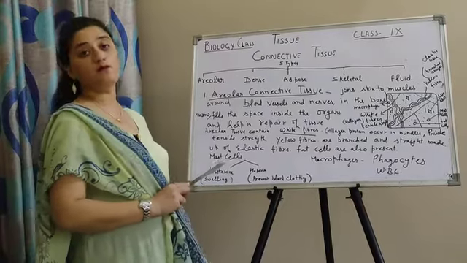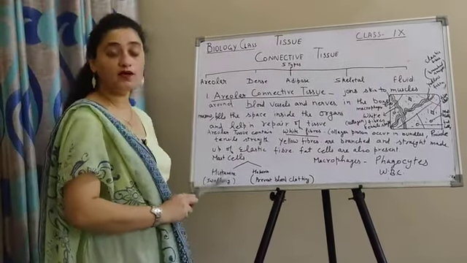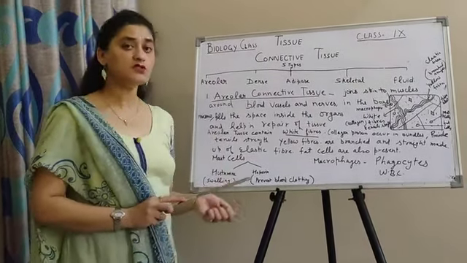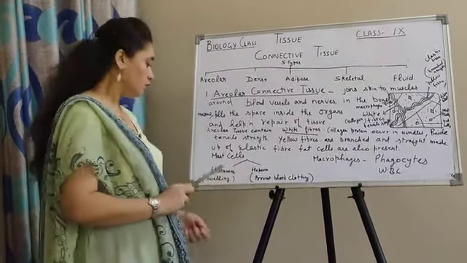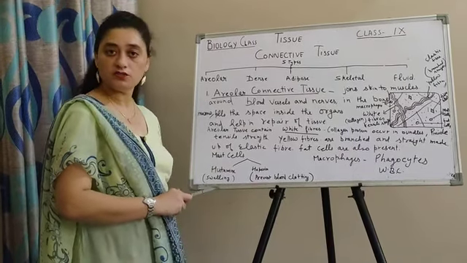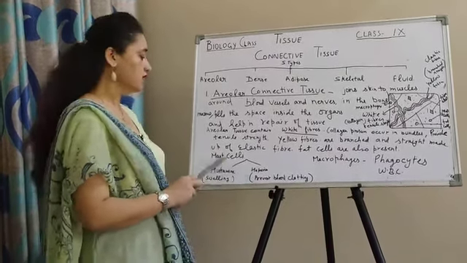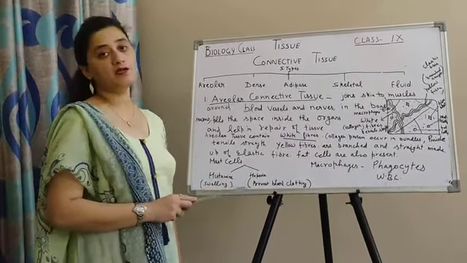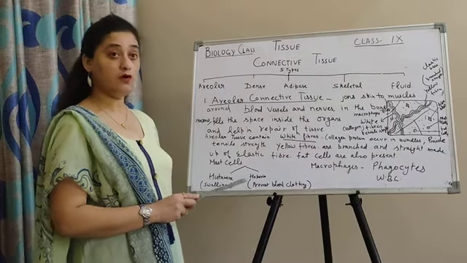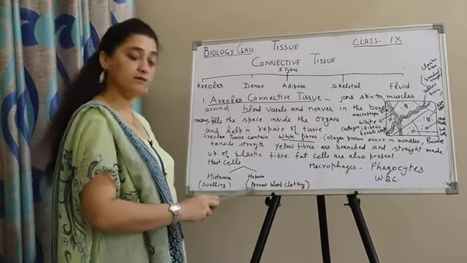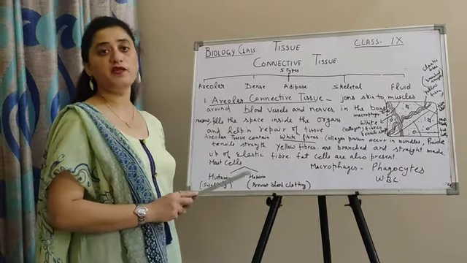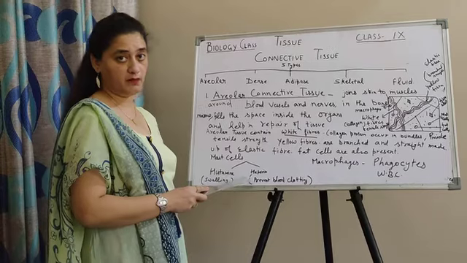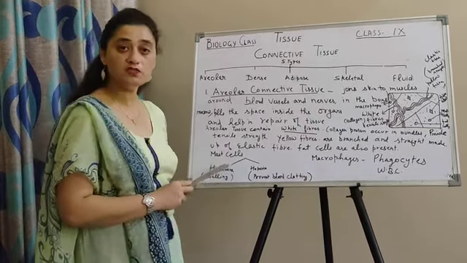Then they contain 2 types of chemicals. First is histamine. What is histamine? This chemical is responsible for swelling. जैसे मॉस्किटो बाइट हो जाती है तो स्वेलिंग हो जाती है ना, तो histamine is responsible for swelling. And the second chemical which is secreted by the mast cells, that is heparin. It prevents blood clotting. जैसे कभी चोट लग जाती है और ब्लड क्लॉट हो जाए तो उससे ब्लड का प्रेशर बढ़ सकता है. So many problems can be created. तो ये heparin जो सिक्रेशन होता है केमिकल का by the mast cells, it is responsible to